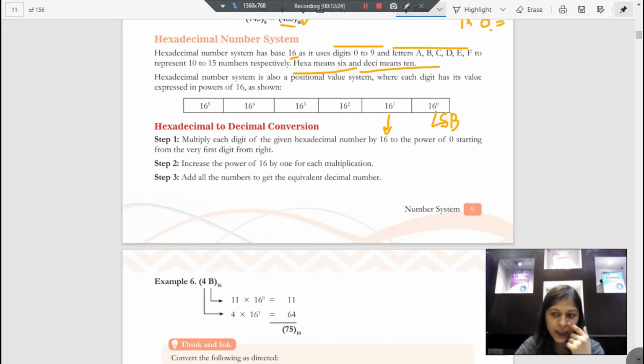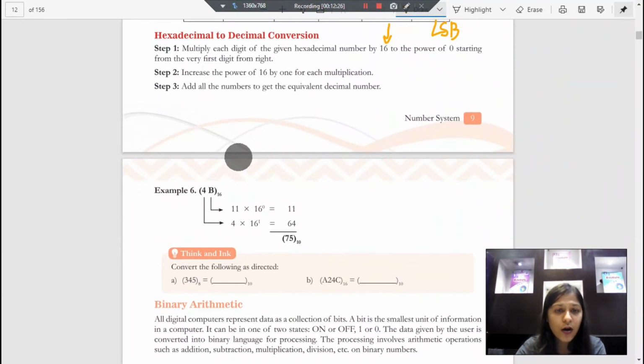So now we will convert a number from hexadecimal to decimal. 4b is the number. Now you might think 4b does not sound like a number to me, but it is a number in the hexadecimal system. So what is the value of b? 0 to 9 we have the numbers. A means 10, so b will mean 11. So we will write the value of the number here, 11 into 16 to the power 0. Why? Because it is the least significant digit. 16 raised to the power 0 means 1, and 1 into 11 means 11.